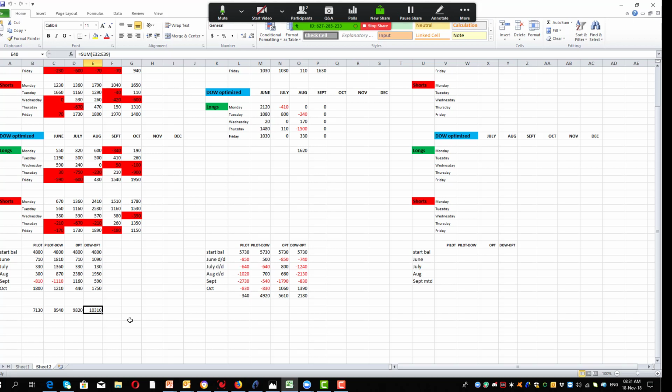So it was quite a good result overall. Now, I'm not suggesting that that is your process for every single system, because what you'll find is that for some systems you may get better results doing just the optimization or just the days of the week. So it's up to you when you create your system to work out what is your optimal way to run it. I would definitely suggest that if you're going to follow this process, you do this exercise with each of your systems. It takes a little bit of time, but it's definitely worth that time and effort.